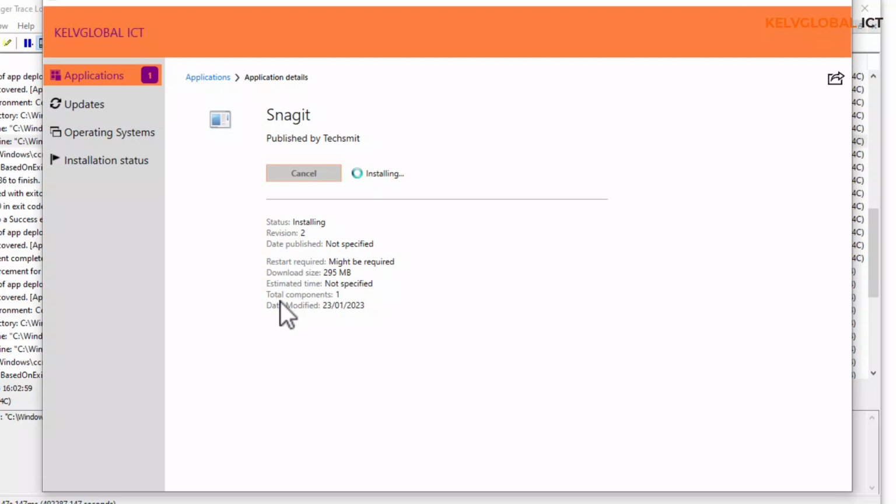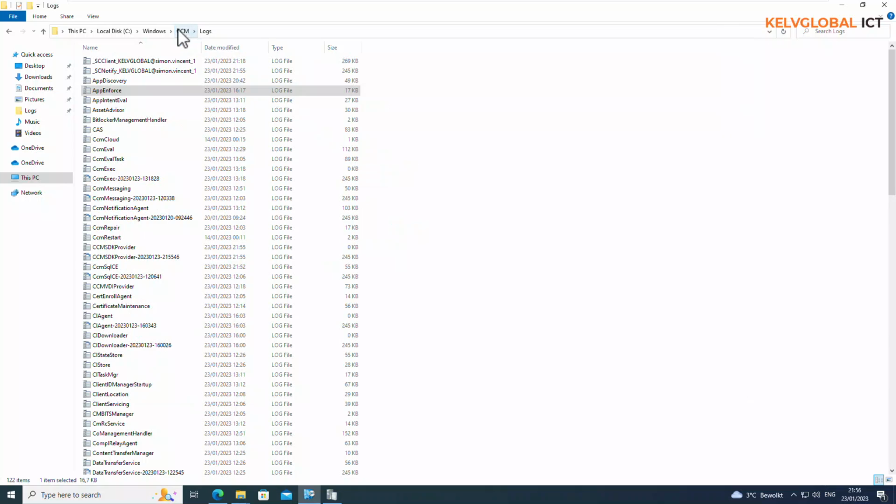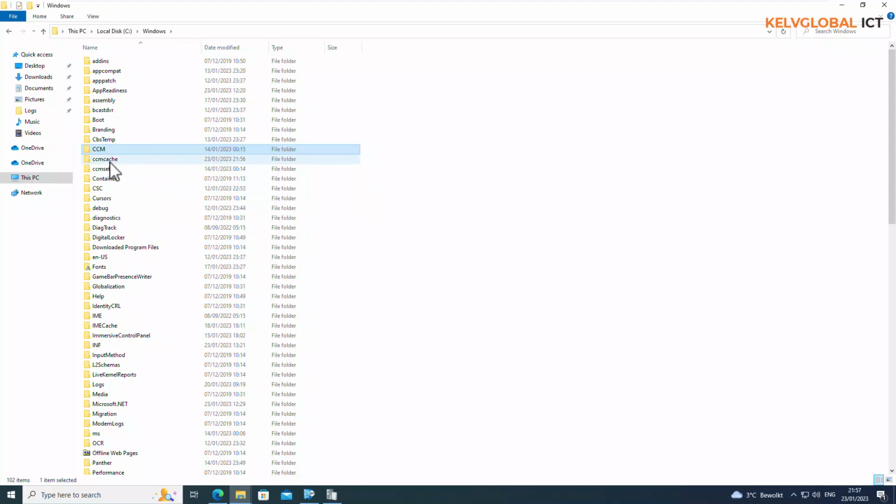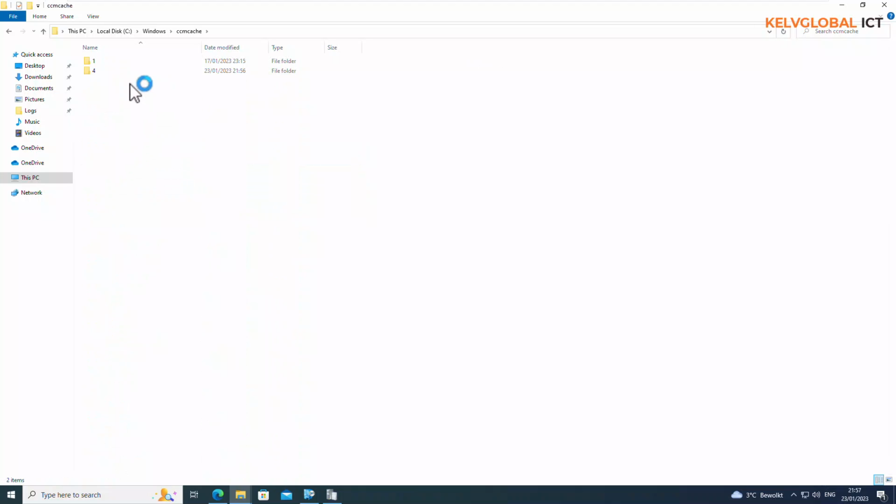So the best thing you can do, if for example it fails to download, is to go to your CCM, to Windows. Here from Windows, you can see we have our CCM cache. And if I go to our CCM cache, now you can see we have a folder number 4. Here you can see this is actually the script, and that's our Snagit, which was just downloaded some seconds ago. So what you can do is to empty your CCM cache folder. When you empty that cache folder and you hit try again,